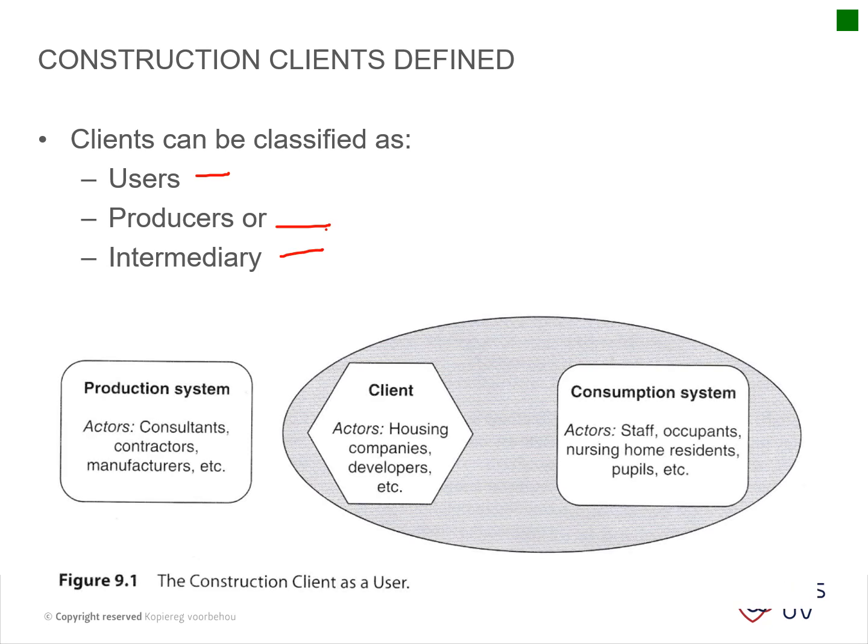Then we get to construction clients defined. Basically, clients can be classified as either users, producers, or intermediaries. So firstly, your construction client as a user includes your client and a consumption system. A good example of this might be a municipality, who will be the client, but they will also ultimately be the end user of that building. Okay,